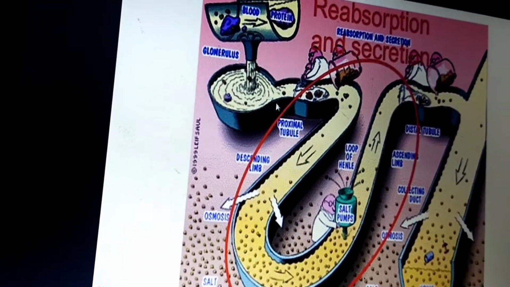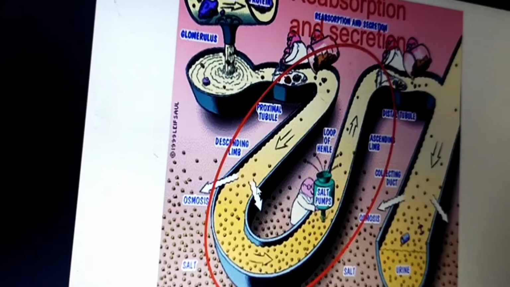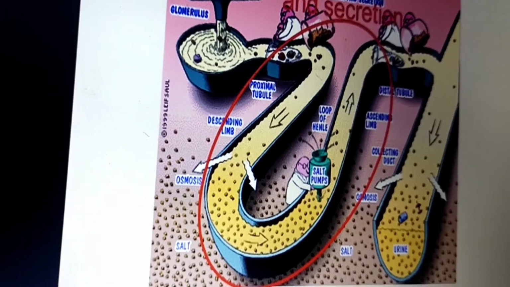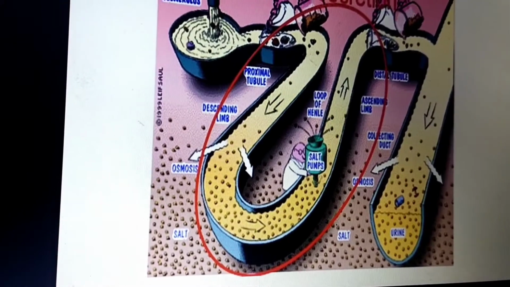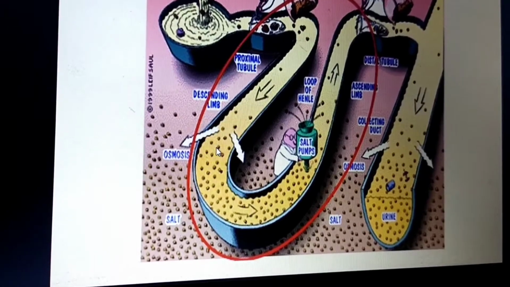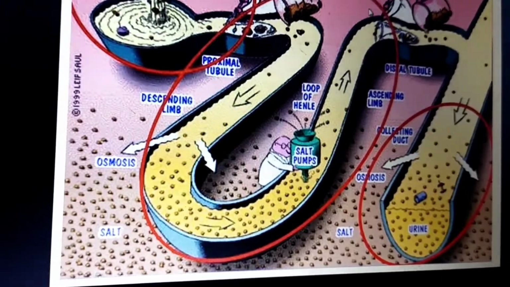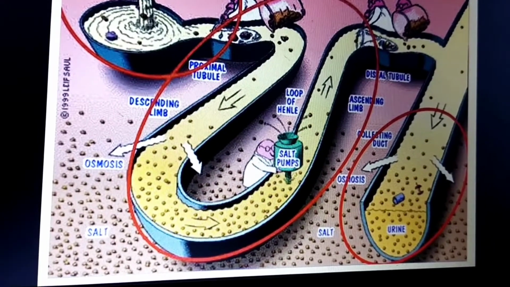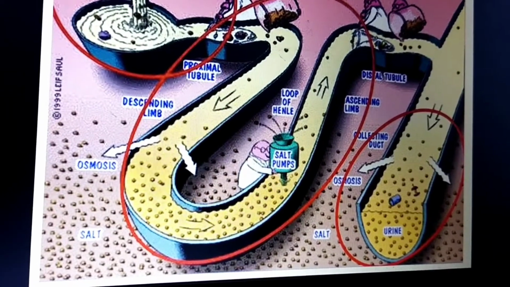Further, reabsorption and secretion. Reabsorption means some important materials are reabsorbed, and it all comes under physiology. Secretion means, because of osmosis, from higher pressure to lower pressure, some parts are reabsorbed into the body and some hormones are secreted. Then further absorption and secretion in the distal tubule. The most part is reabsorbed in the distal tubule.